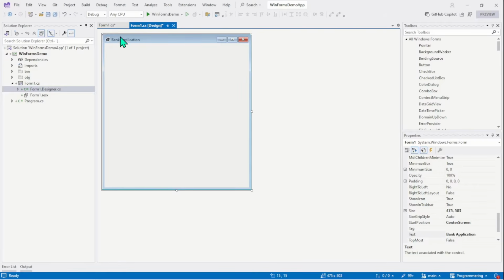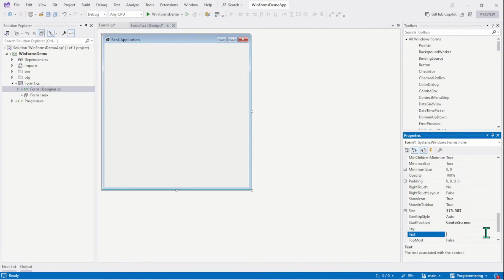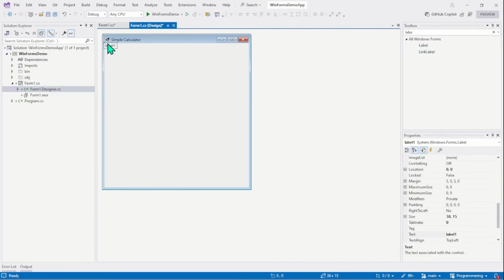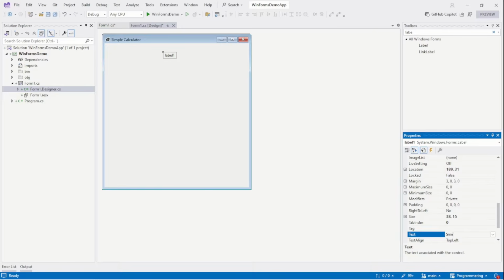This is our form. The title of the form is bank application. If you remember, we set this title long time ago. So let's remove the title and change it to simple calculator. And now I'm going to drag a label control. Let me just find the label control like this. And here we will put a text, simple